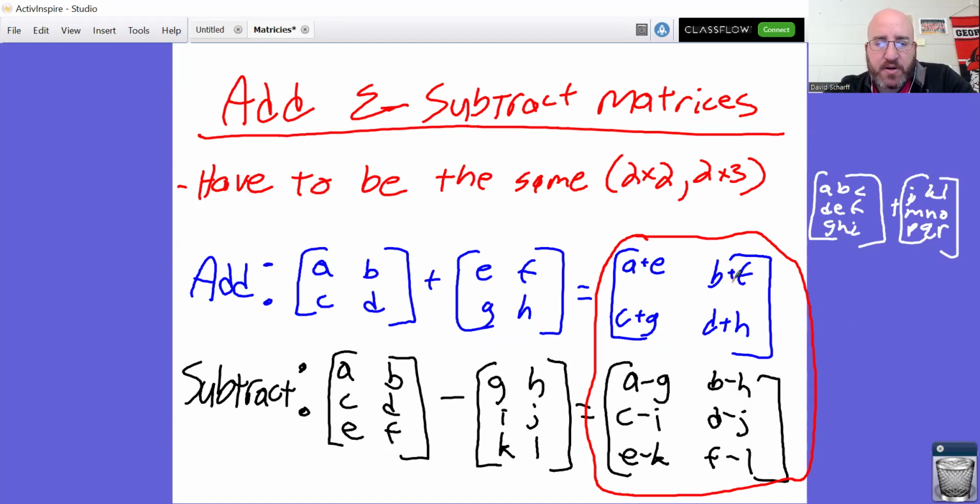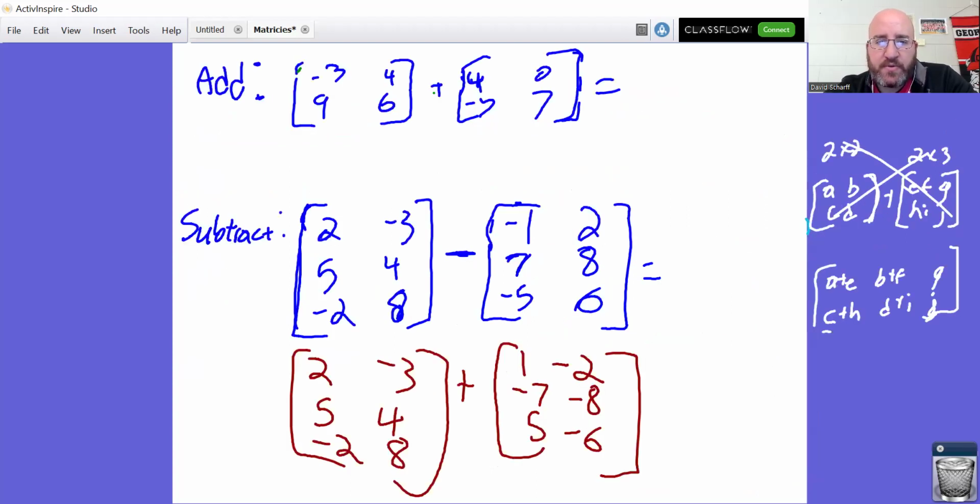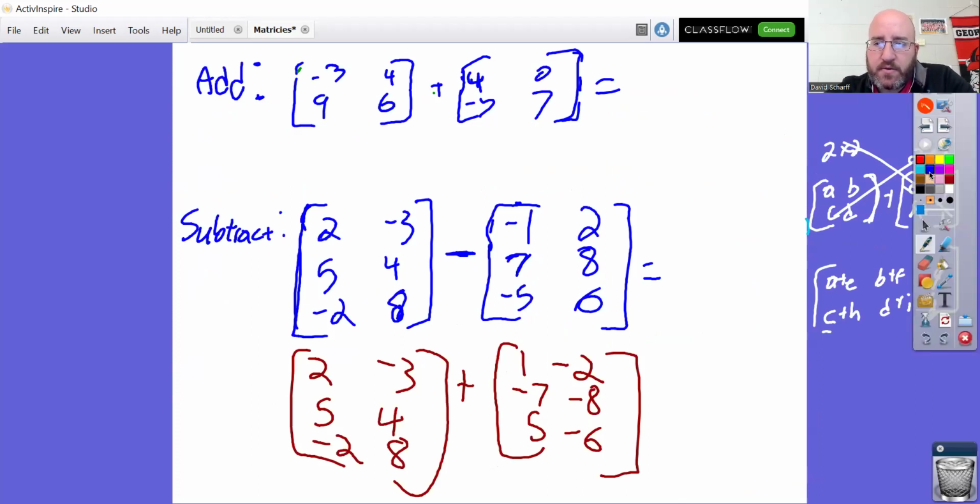It's going to be your top right number. C plus G, bottom left. D plus H, bottom right. Subtracting, again, everything corresponds down there as well. Okay. All right. So we've got, oh, did not rewrite everything I thought I had